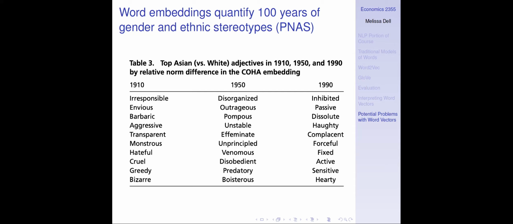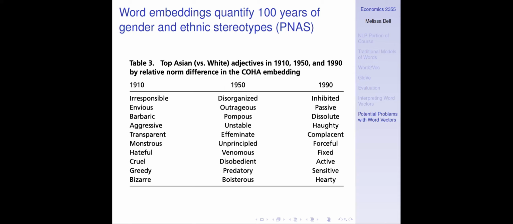This is something a little similar, but they're just looking at what adjectives are predicted as most likely to appear in the contexts of traditionally Asian last names as compared to traditionally white last names. And you can see this is pretty bad,